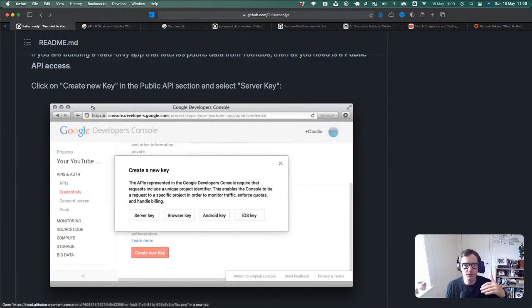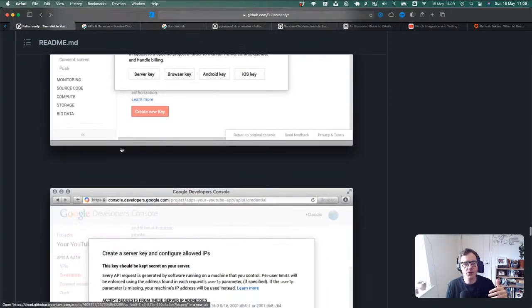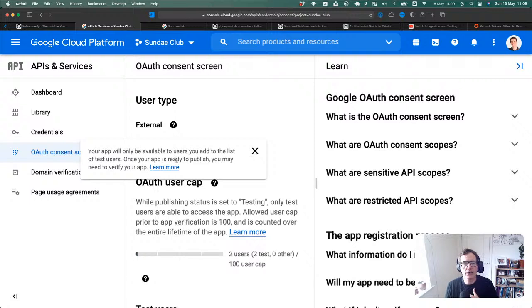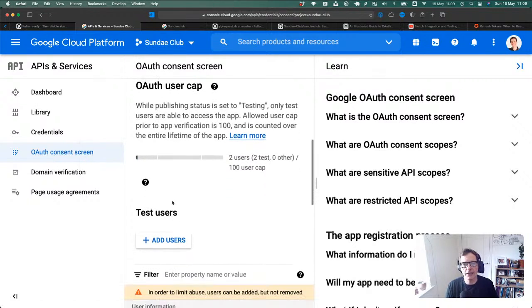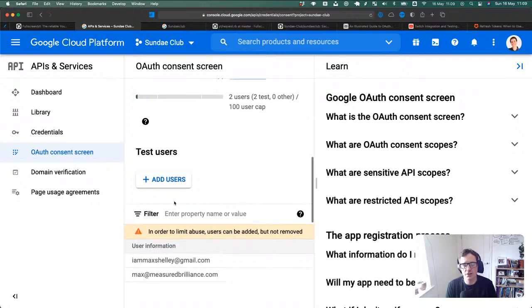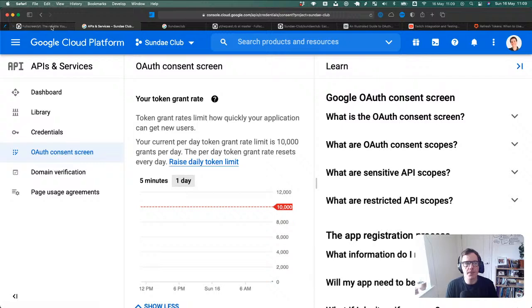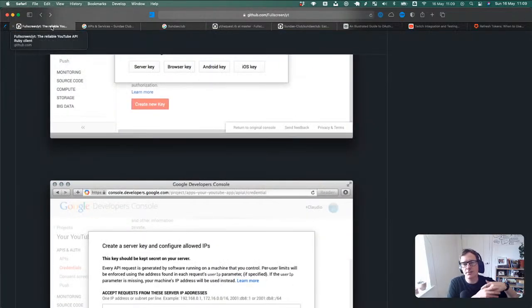Because this time we want to act on behalf of users, we want to change data on the system. It's not read-only. Then we actually had to go and create an OAuth in here. It's in the OAuth consent screen section, and you're basically saying, I need to show users a consent screen. The scope is like, I want to have this much power. This is what I want to be able to change. And you show the user the screen that asks them for permission, and then you send them back to this specific URL on my server.